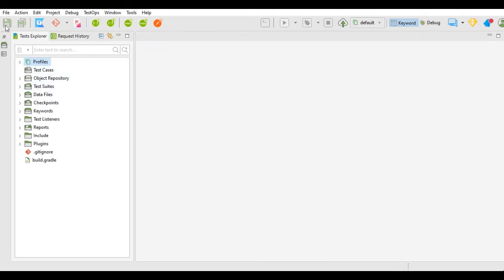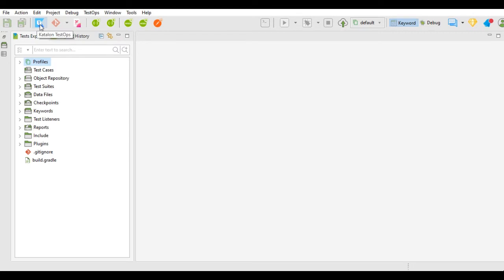In the Katalon API testing window, we will get this toolbar, and that is the quick access toolbar, and we get these menus. So in the toolbar, this is save and save all to save the project, save all files in the project.